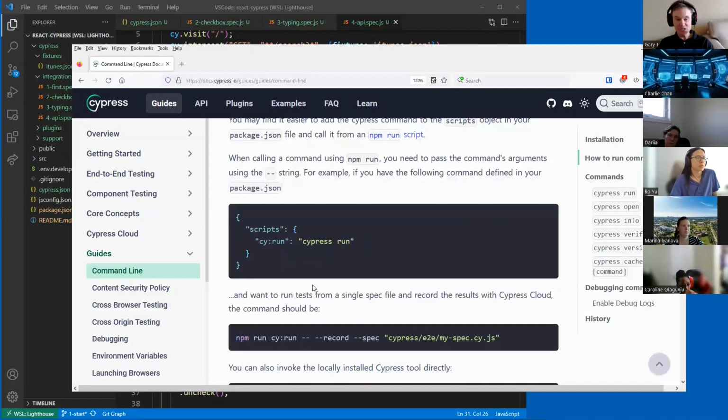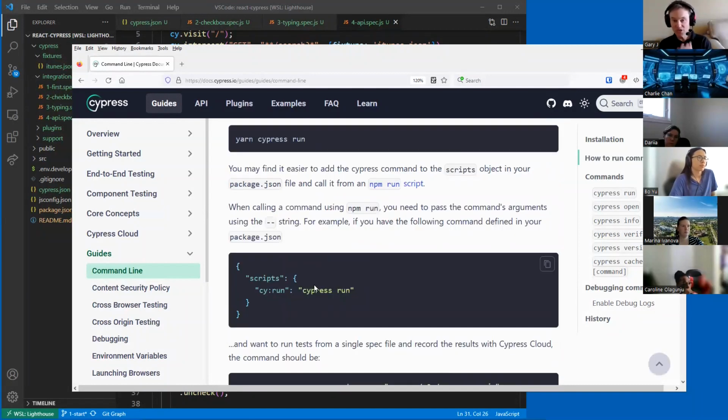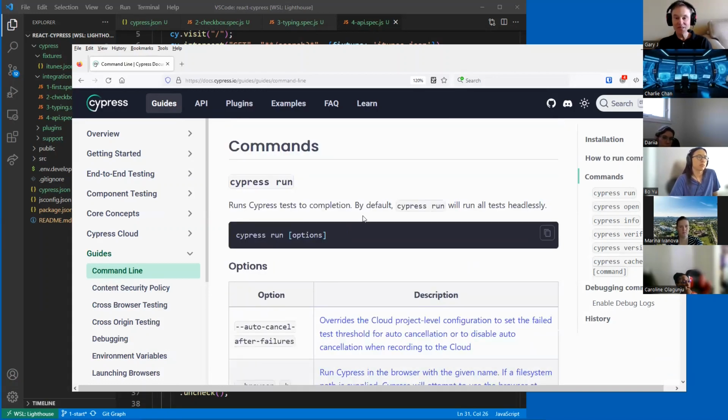So it looks like it's just Cypress.run. We'll run our tests on the command line, so npm and then Cypress run. Let's give that a try. Okay, there's other ones as well, but this is